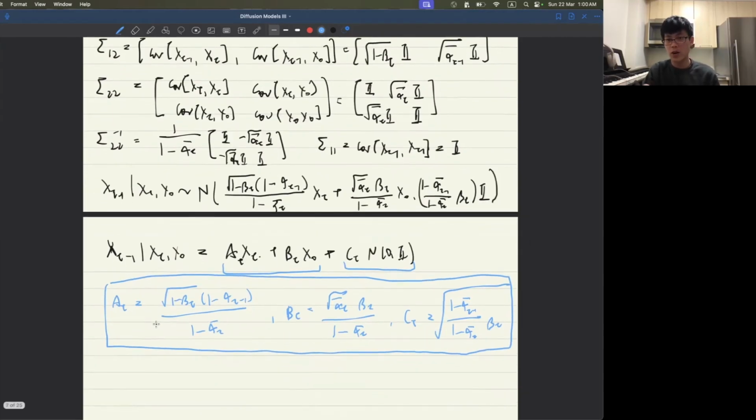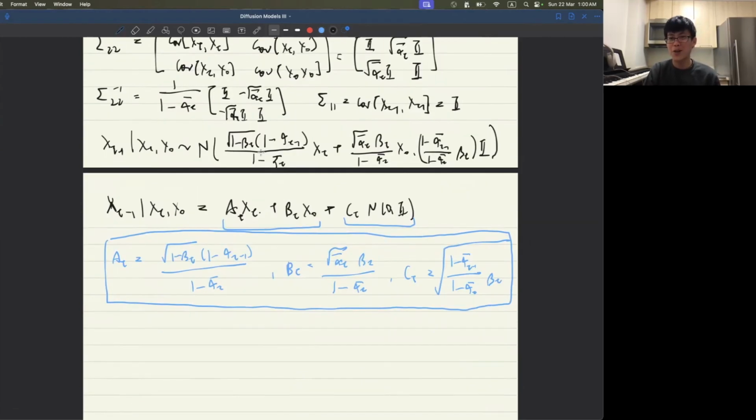And just note that all of them have no dependence on the state. And that is exactly what we would want. Remember part 2 of the problem that I described above? We have already solved it, right? Given xt and x0, our prediction of the previous state will be precisely this expression here. So given xt and x0, our prediction for the previous state will be equal to atxt plus btx0 plus ct